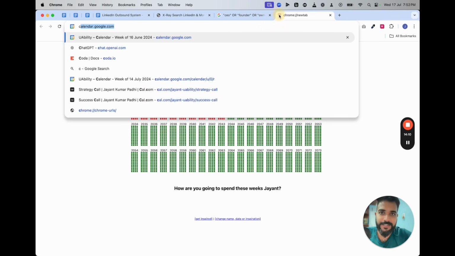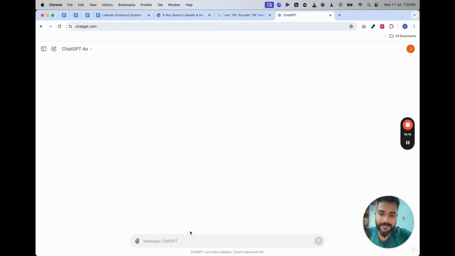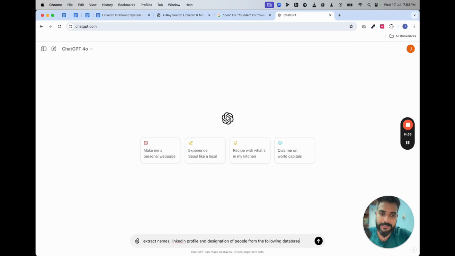We can go to ChatGPT. We can ask, hey, extract names, phone number, don't have phone number, LinkedIn profile, and designation of people from the following database.